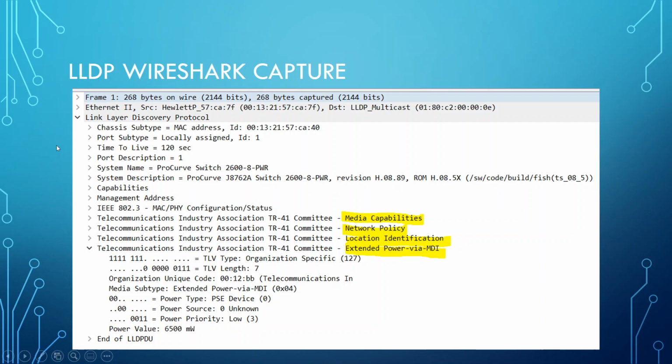As we can see, the MAC address of the device which sent this packet, etc., is listed here. We can see the port type, time to live, port description. We can see the system name indicates this is an HP ProCurve switch. System descriptions, and this shows us, let's say, the revision number, all this sort of good information, capabilities, management address,